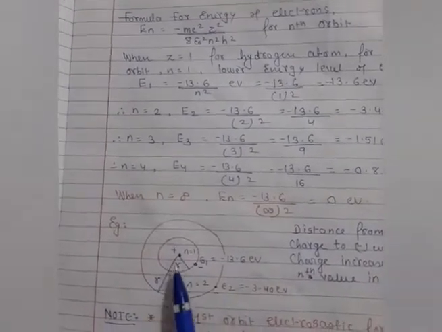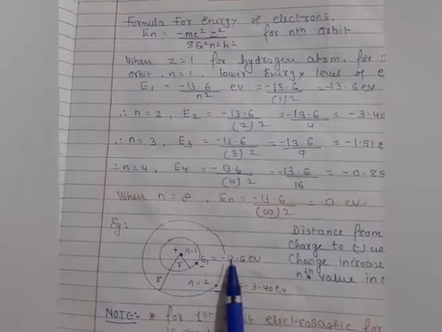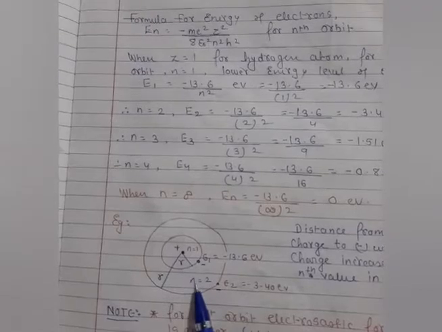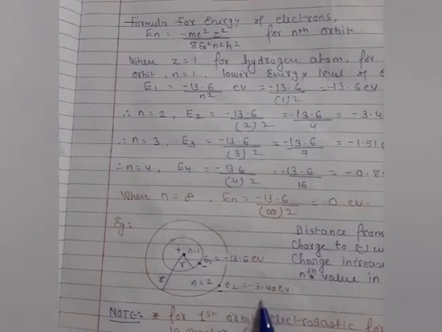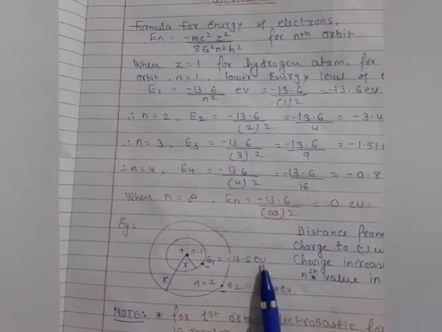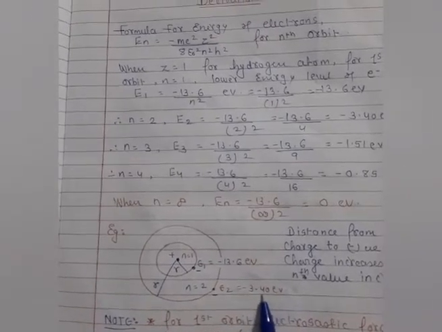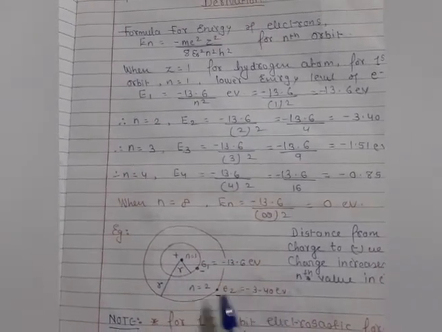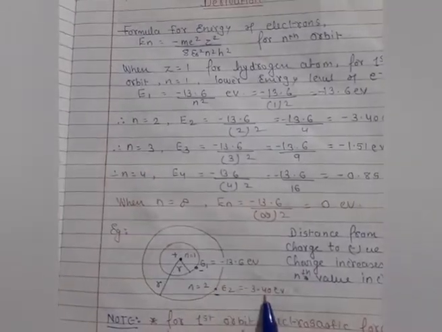So students, you can see from the nucleus to the first orbit of the electron, the energy is less. From the nucleus to the second orbit, the energy is higher, because in the negative, when we have the smaller number, it means the energy gradually increases. Sorry, I apologize for my words. That is, the energy gradually decreases here. Hope you are clear about it. It means when we have the higher orbit, we have the higher energy.